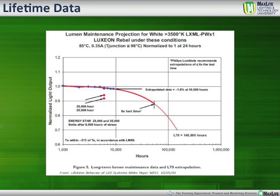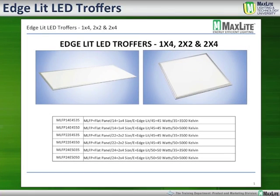Some of you may have noticed that literally overnight, some manufacturers started taking particular LED fixtures and went from marking and advertising the product as 50,000 L70, and overnight went to 100,000 hours L70. And there's a lot of data that supports that. MaxLight has still maintained a 50,000 L70 lifetime, which is an actual bare minimum lifetime at a relatively high temperature. So we certainly anticipate a large extension in the life output, and certainly will meet or exceed our published life data. We'll talk about these very same LEDs in a particular set of LED troffer fixtures,